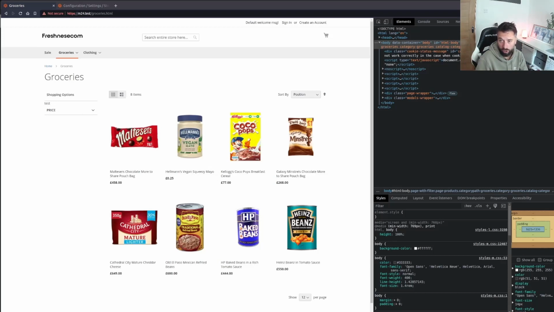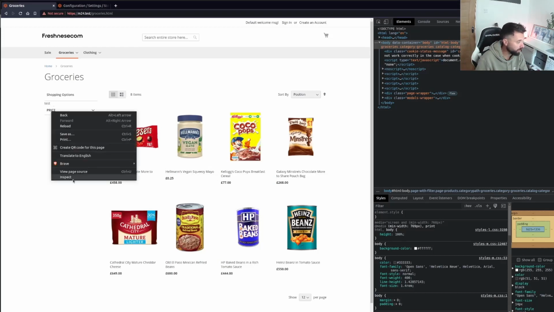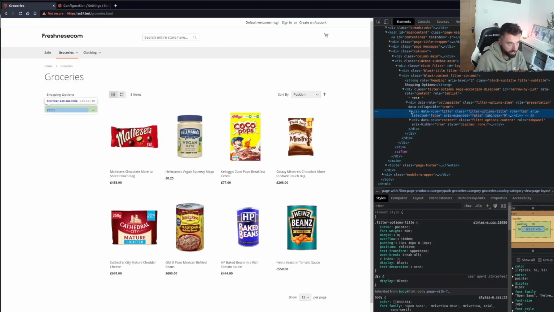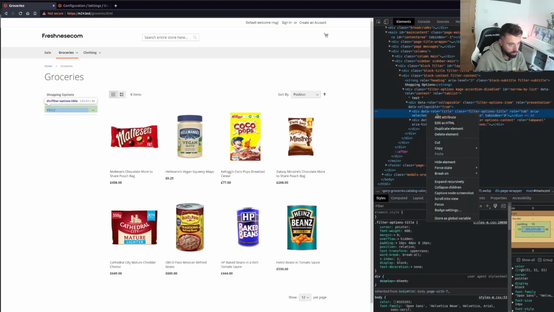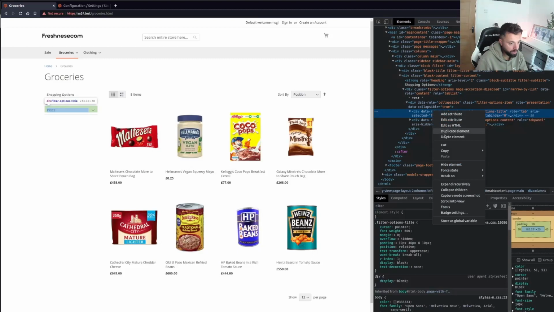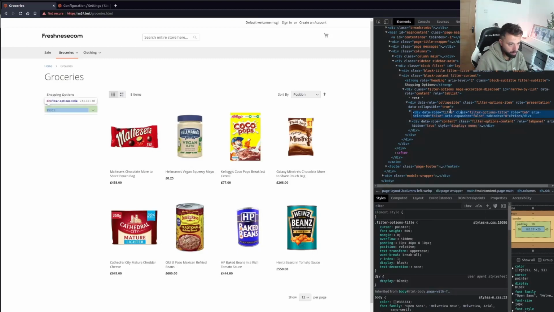But I want to add the same code. So where do I get this code from? Well, what I would do on this occasion is just copy it from the front end and change some bits. Right, so I'm going to need the title bit. Where is it? It's here. So let's grab this